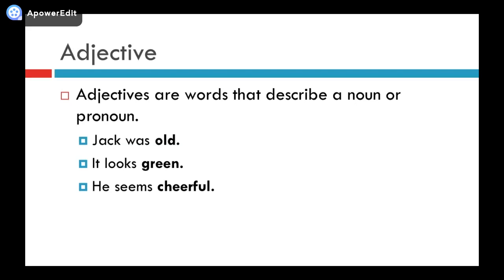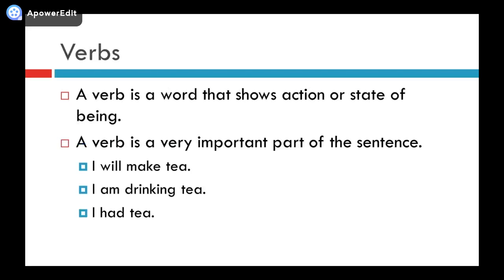He seems cheerful, means he is happy or he is cheerful. It is giving us information about his mood, right? So these adjectives give us more information about a noun or a pronoun. They are describing whatever the noun or pronoun is doing or is, right? Okay. Verbs. Now, verb is a word that shows action or state of being. A verb is a very important part of the sentence. Why? Mainly because it will tell you how many people it is talking about and the tense in which the